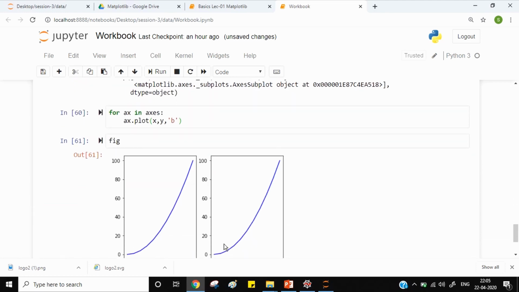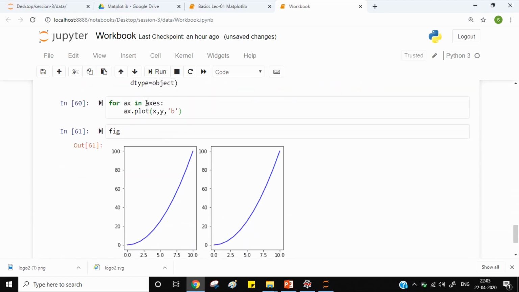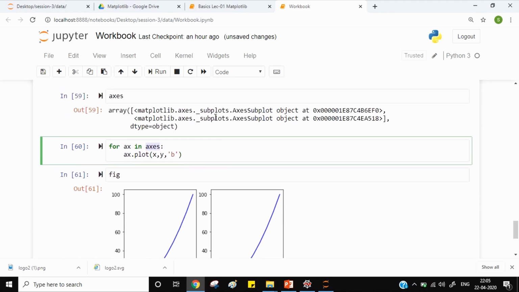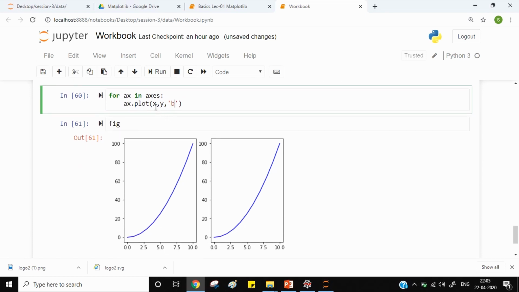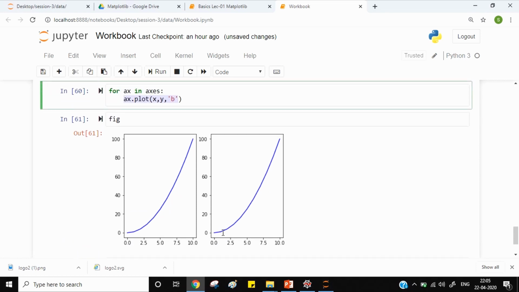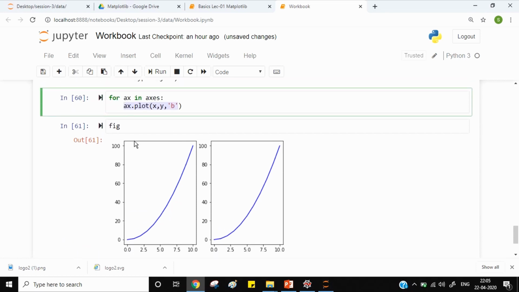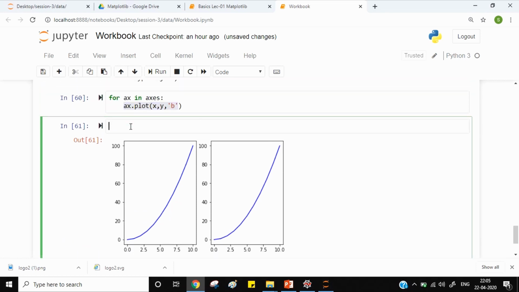You can see this axis consists of two objects, so we are iterating using a for loop through this array to plot x comma y with blue color. Because this same statement is used two times in this for loop, that is why we are getting the same two graphs.